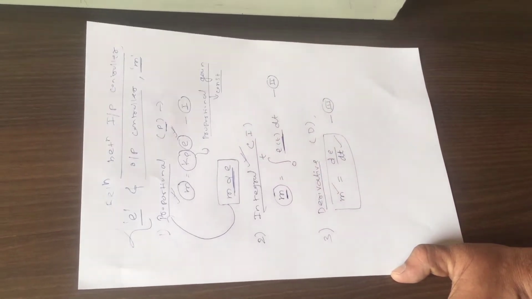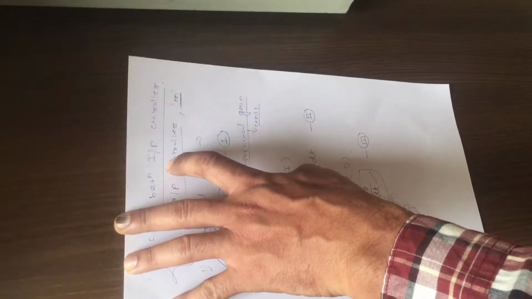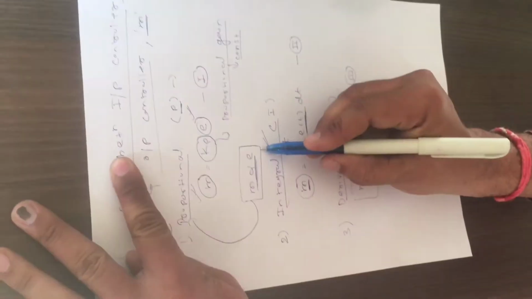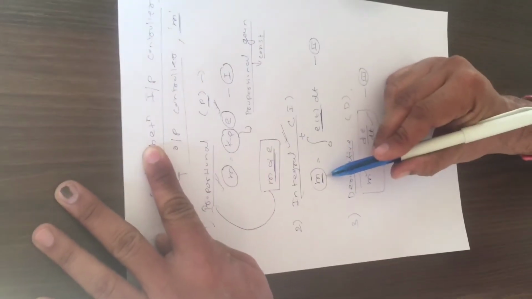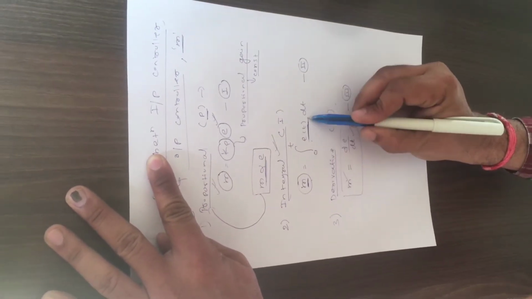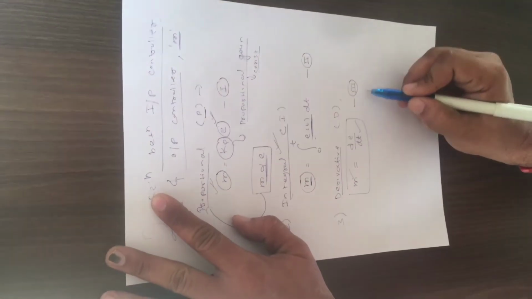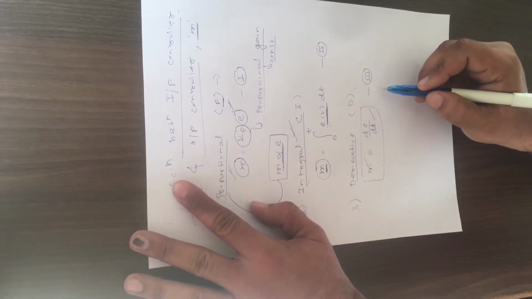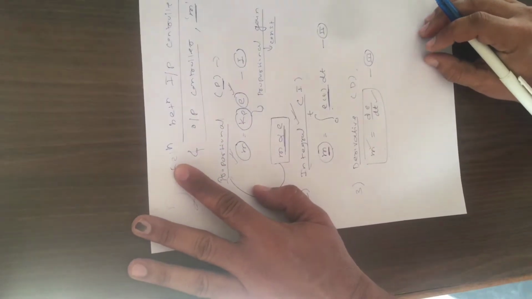I hope by seeing these relations you had an insight into what proportional means. The governing relation between input and output is a linear one, directly proportional. Second, the output is an integration of the error signal, and third, the output of a controller is a derivative of the error signal. I hope you have understood these relations mathematically, and by observing them you had an insight into the names of the controller modes.